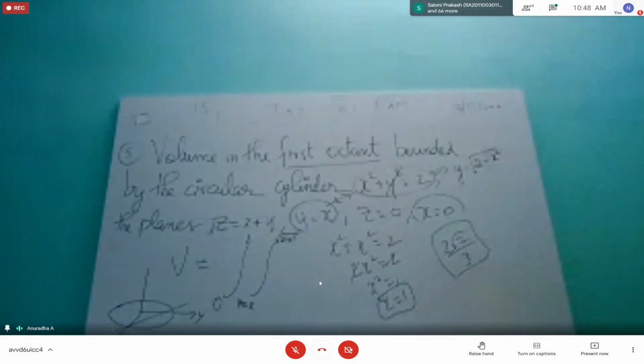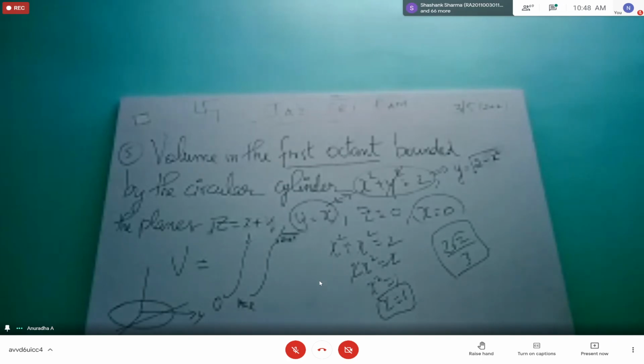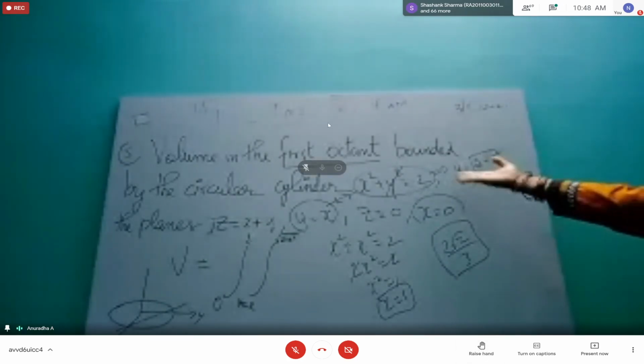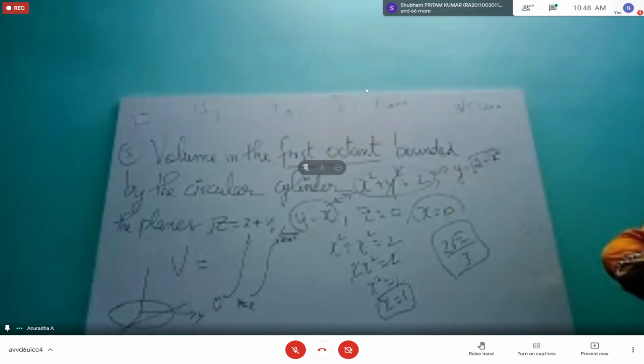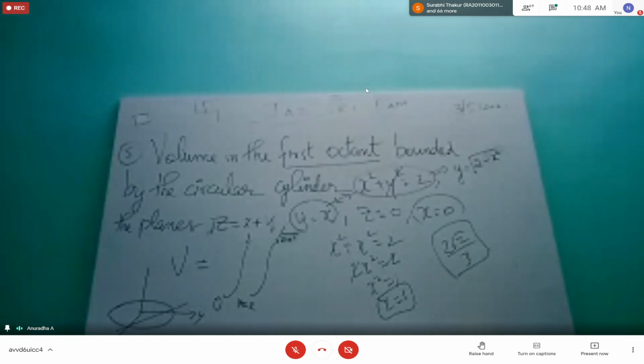Please try this sum. This sum is also another important, often repeated question. If the tetrahedron sum is not asked, the cylinder and plane sum, they will ask you. So please try to solve the sum. Still the parallelepiped sum is there in volume, then polar form is there. With that our syllabus is over. Mostly tomorrow we'll finish. Mostly. So class over with that, I'm sorry.